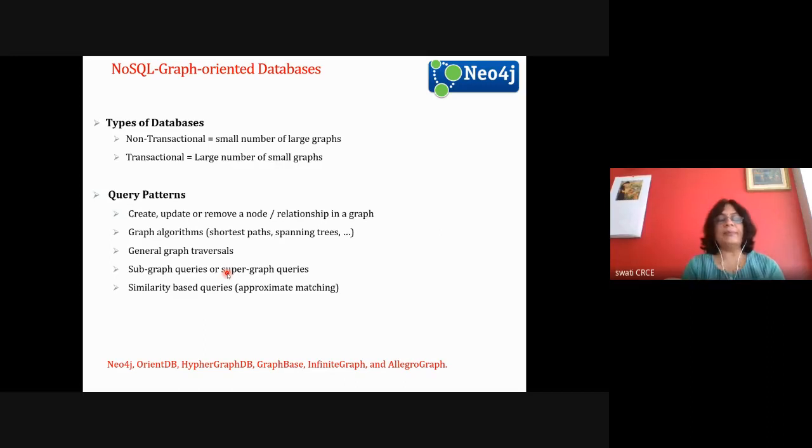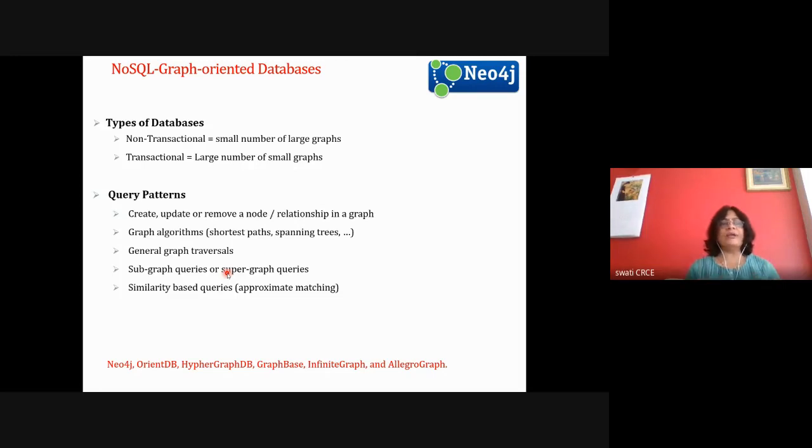So currently, suppose you are at a particular node; this graph can also be represented in the form of a tree. If you are at a particular level in the node, you can fire a query for all the nodes which are below this particular node, or you can fire a query for all the nodes which are the super nodes of this node. So a particular node may have a super node or subnodes. So you can fire the subgraph query, or the supergraph query, or a similarity-based query on this graph. Like, who are the two different nodes who are similar? Like who are the two different people who are similar? Or who are the two different products which are similar? Such kinds of queries you can find.